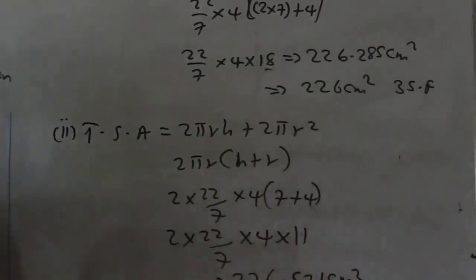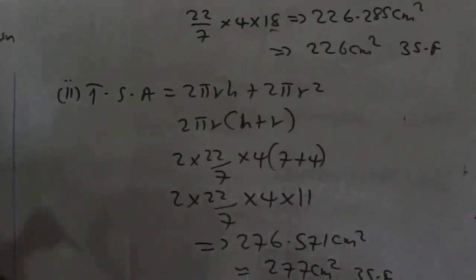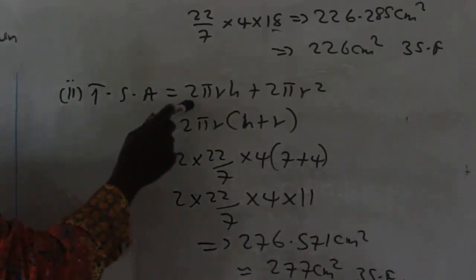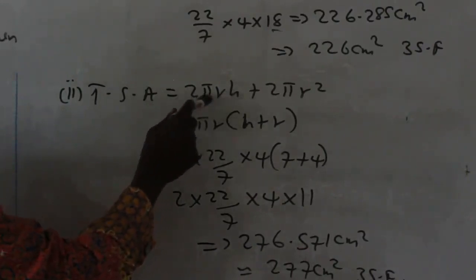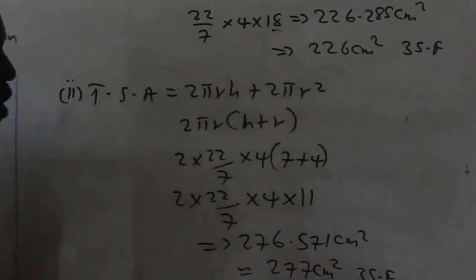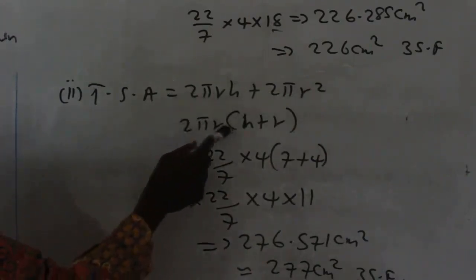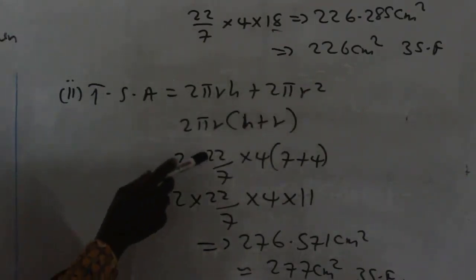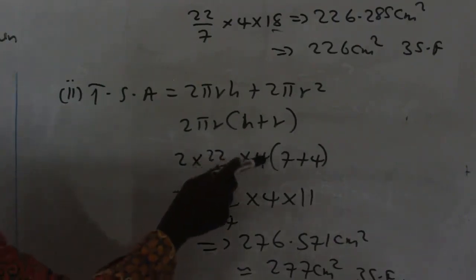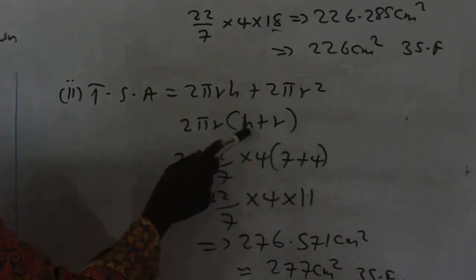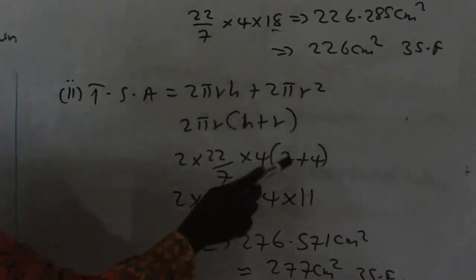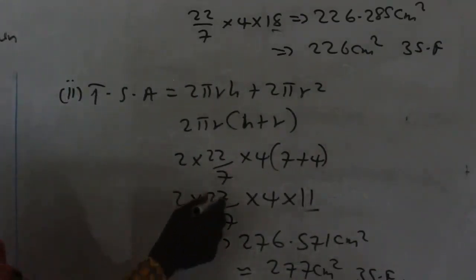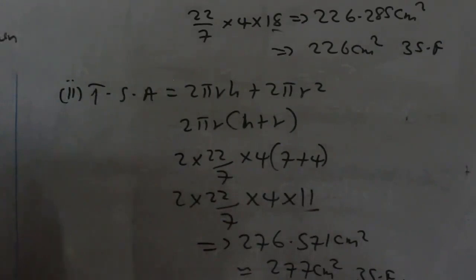To 3 significant figures. Now, the total surface area, both ends are closed. Use this formula: 2 pi r h plus 2 pi r squared. Now, 2 pi r is common. You are now left with h plus r in bracket. So 2 times pi is 22/7 times the radius is 4, open bracket. Your height is 7 plus the radius is 4. 7 plus 4 is 11. That is why we have 11 here. So 2 times 22/7 times 4 times 11 will give you